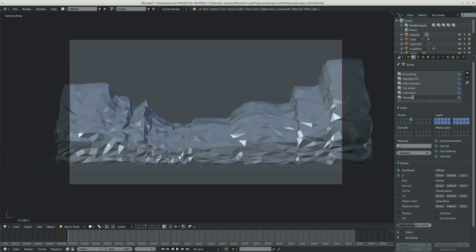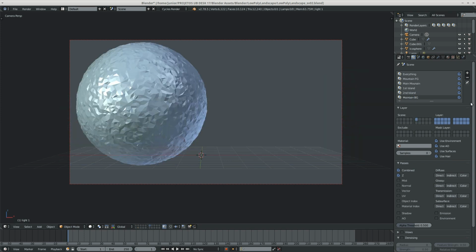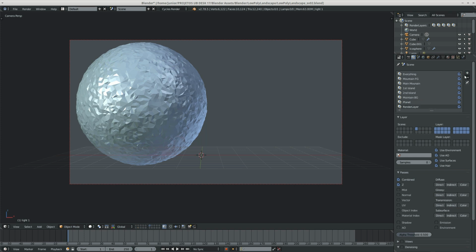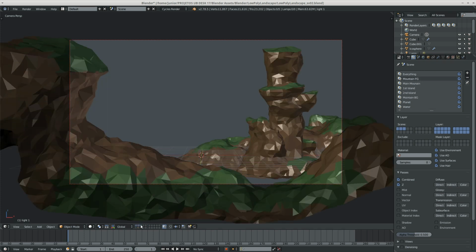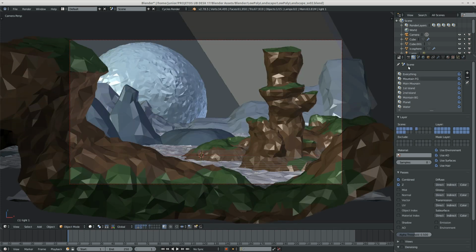Then Mountain BG, yes, for background. And this is going to be our planet layer. And then the last one, the water layer. Now we have to set what we want in each layer. Let's activate everything now. In the first layer, the mountain foreground, we want to have this one and these two,